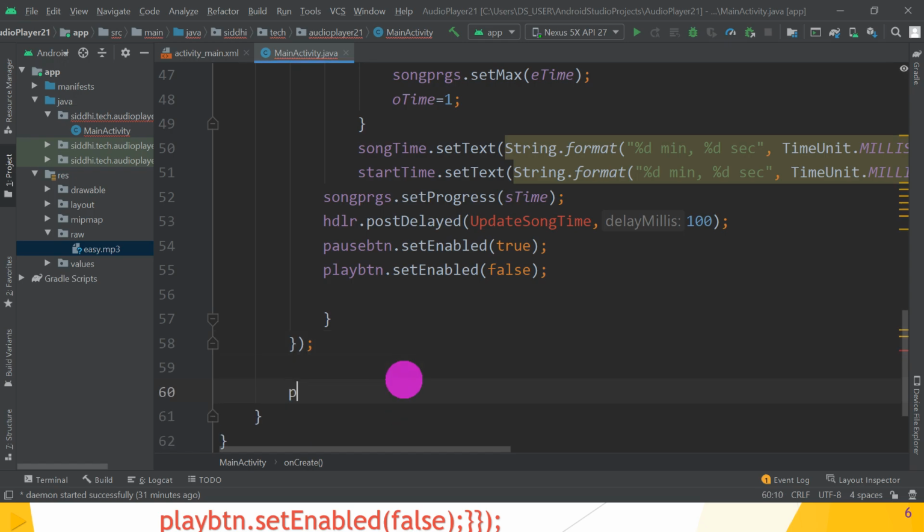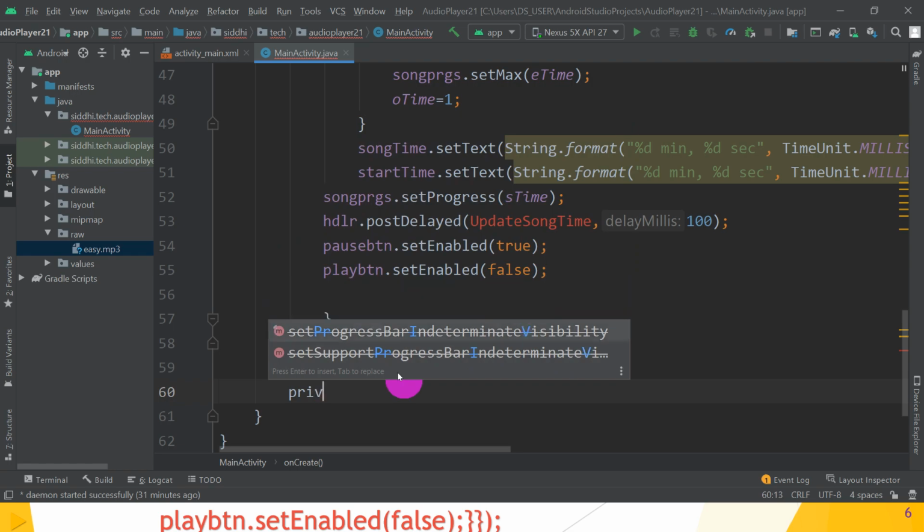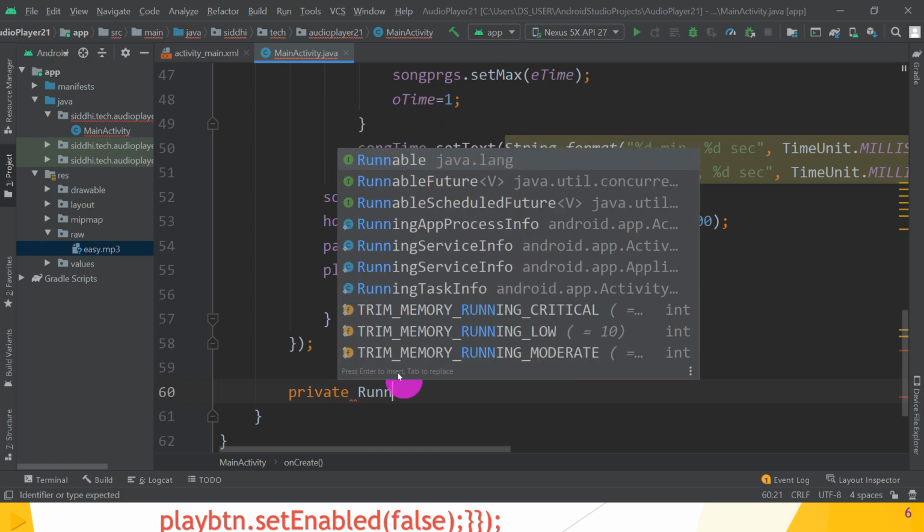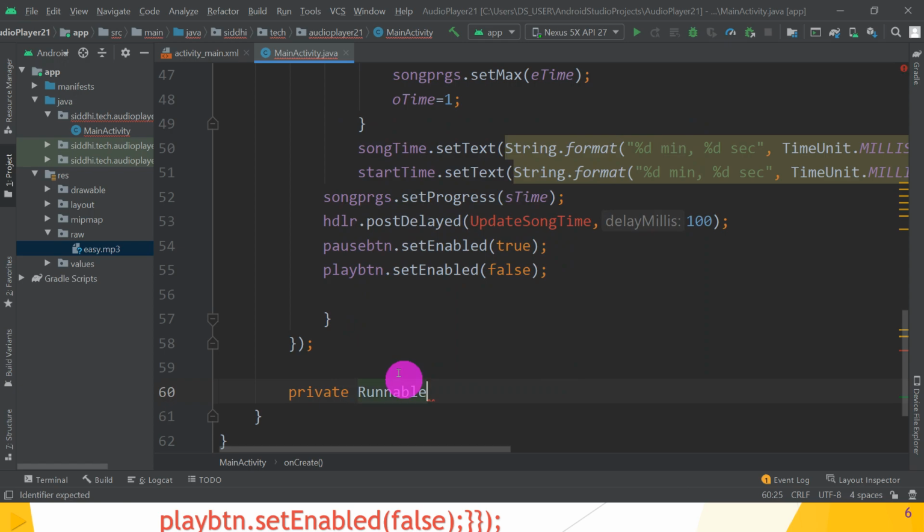So private runnable update song time, create the instance using new runnable.